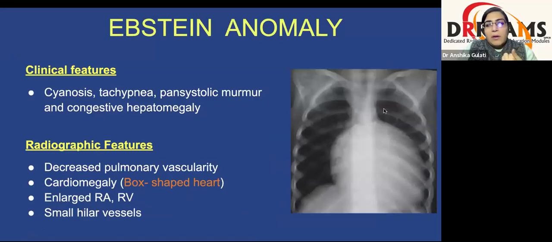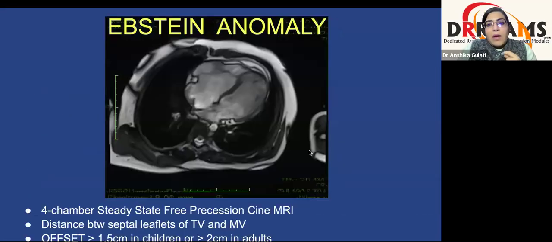Clinically, these babies are cyanotic, and secondly, because of increased blood in the right atrium, there is back pressure in the IVC, leading to congestive hepatomegaly also. And on radiograph, we'll see a hugely dilated box-shaped heart with pulmonary oligemia. And on MR,